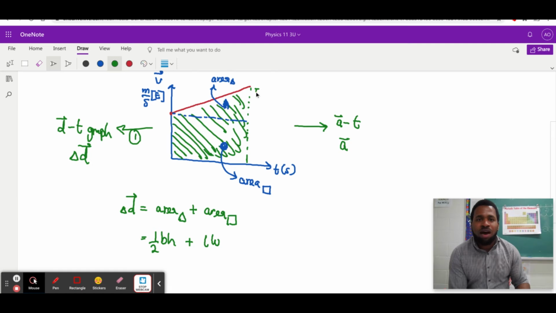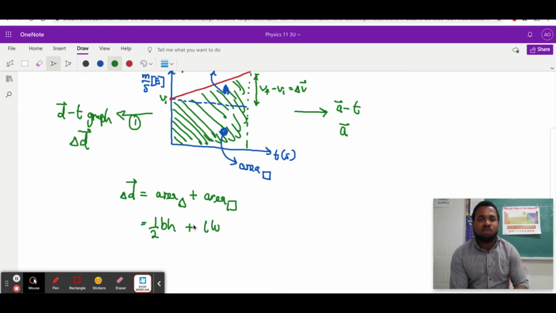And so let's look at the following. First, we need to find the height of our triangle. So the height of the triangle is based on the final velocity and the initial velocity. Therefore, the final velocity minus the initial velocity gives us our change in velocity here. And in this part, we're able to come to a conclusion that our base is, on the other hand, with respect to time. So in here, we have our final time and we have our initial time. Therefore, our base here is from here to here, which is our time final minus our t initial,